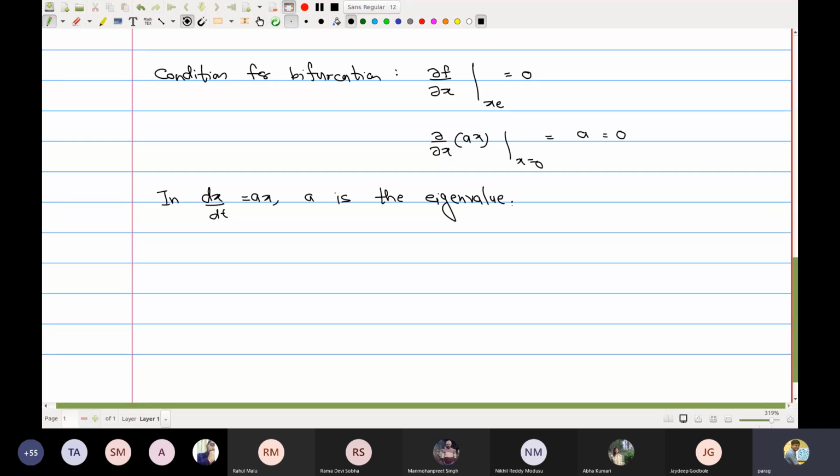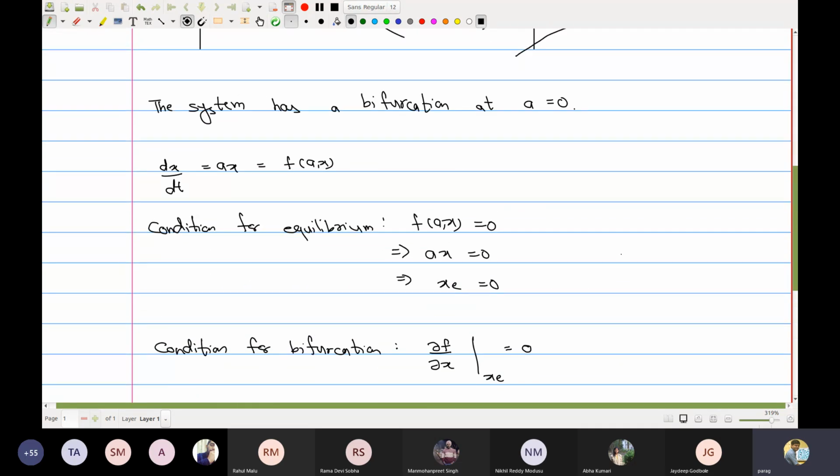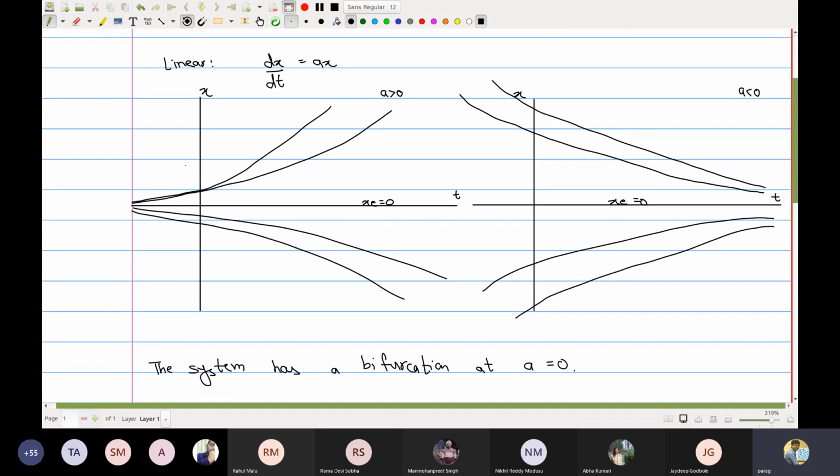And then what is the condition for stability? a greater than 0 is your unstable system, right? Let's go up and see. a greater than 0 is unstable. You see this one is unstable. And a less than 0 is stable,